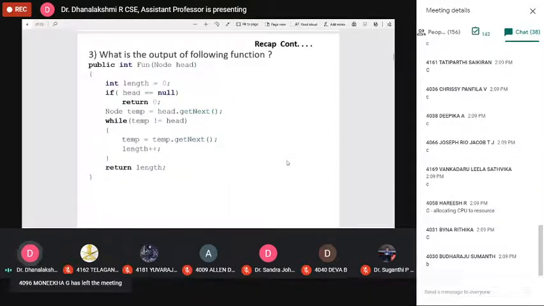The third question, just go through this given routine and find out the answer. I'm not giving the options for this question. Easily you will find out what is the output of the given function, fun. Here the function name is fun. What is the output for this?